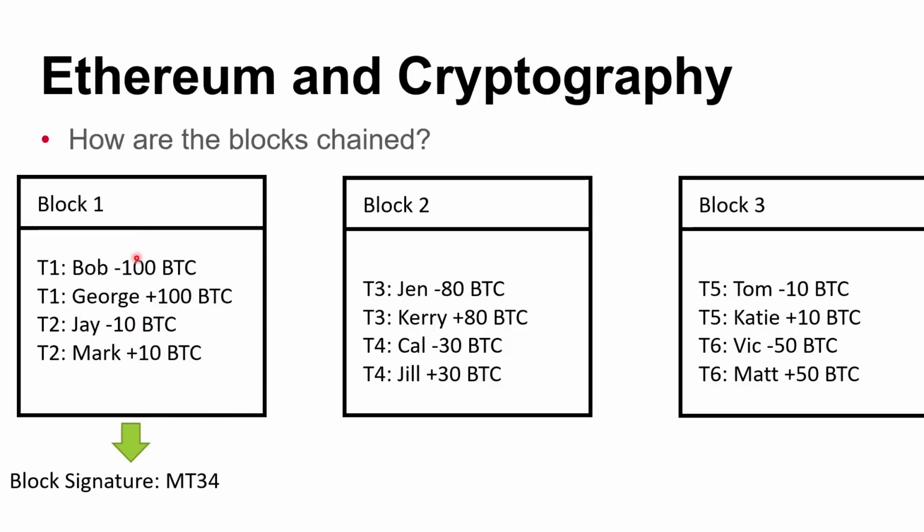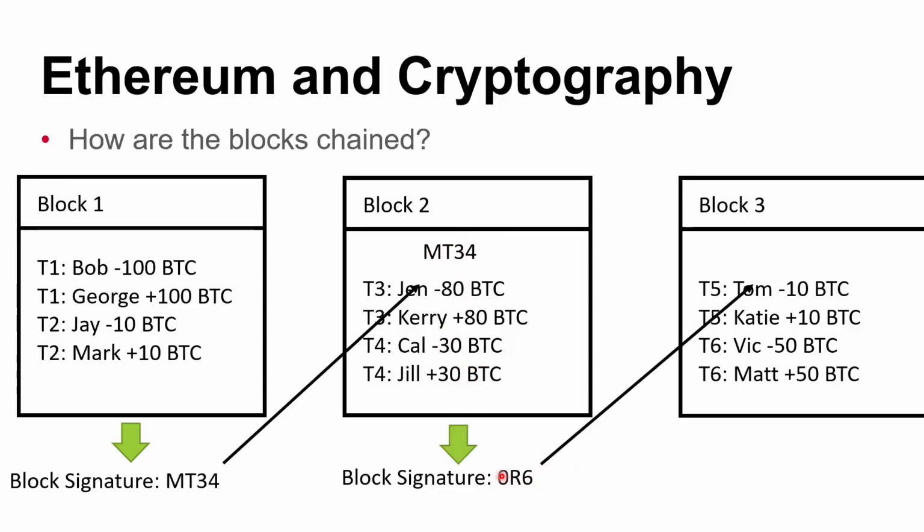Ultimately, this block will fill up and it'll be hashed. This is a very simplified version of the hash. We don't want to get into long numbers, as it can get a little confusing in presentations. But we can see here that the same signature is used in the next block. And then when this block fills up, it will get its own unique signature and the blocks will all get